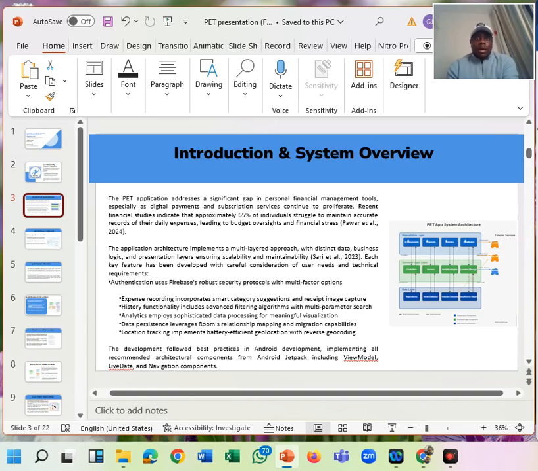Thirdly, I built comprehensive expense history functionality with multi-parameter filtering, which enables users to analyze their spending patterns across different categories, different time periods, and different locations. Fourthly, the application features visual analytics using MPAndroidChart integration, thereby transforming raw transaction data into meaningful insights through